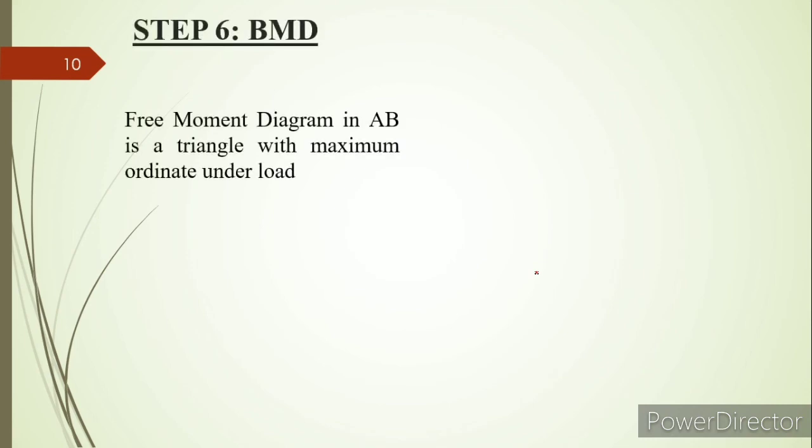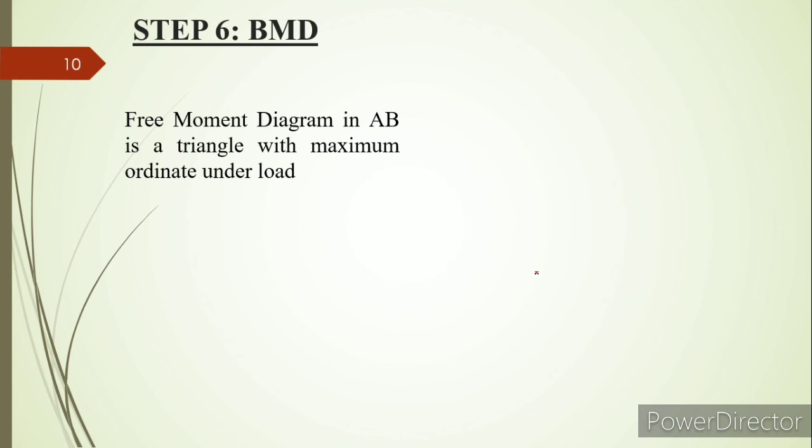For drawing the bending moment diagram, we need to find the bending moment due to the external loads, and also the bending moment due to end moment. The moment due to end moment we already got in the final moment step 4. Then we also calculate the bending moment due to the free moment diagram due to the external load acting on the span. In span AB, we know that a concentrated load is acting.